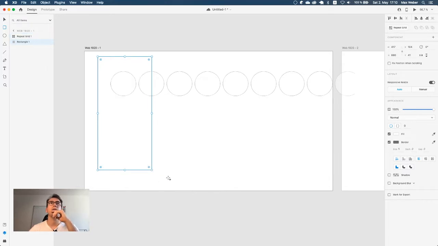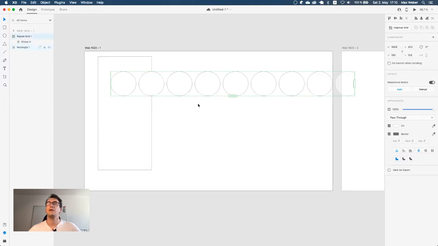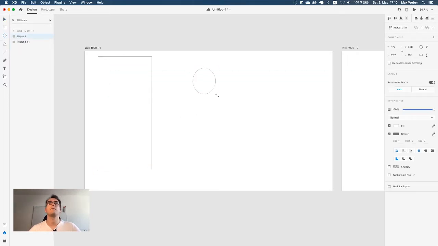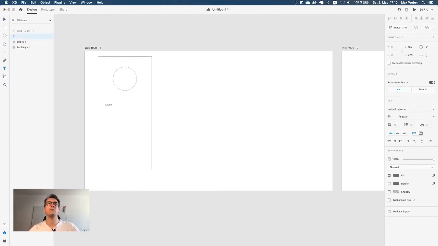that I bring to the back. I think we need more space in between these. I think I have to remove that repeat grid, unfortunately. And create something like that with a text. Let's call it username or Flutter explained, and make that one pretty big. You think it's a good idea? Yeah, I think so too.